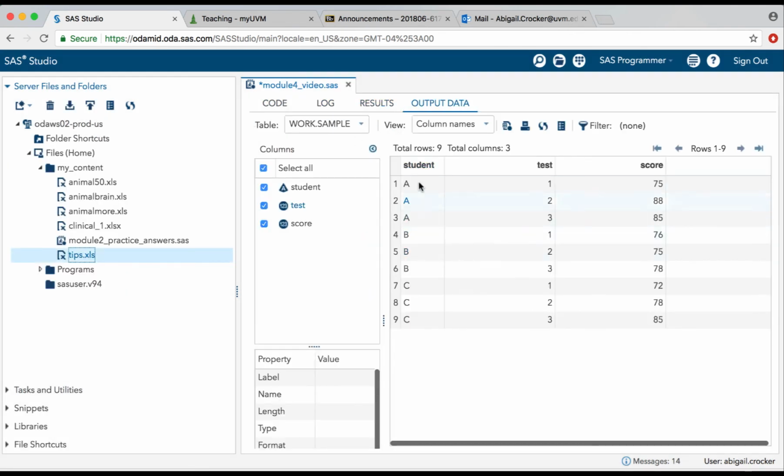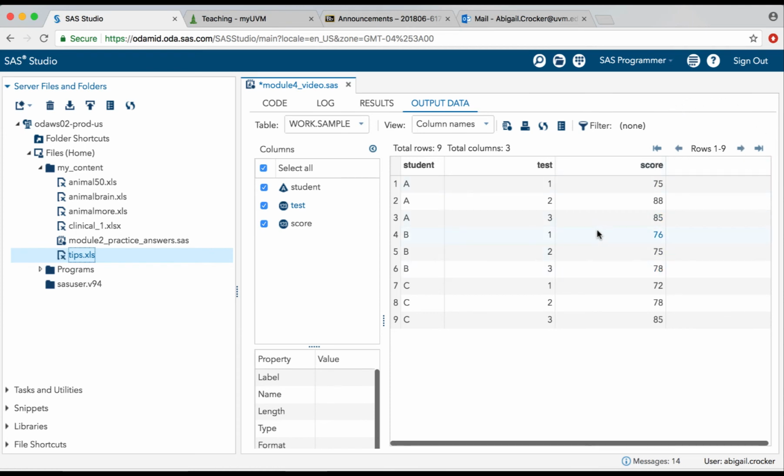Okay, so now you can see this is a data set stored in a long format. Each person is represented 3 times in this data set, and I can clearly see what their scores were. But it's a little tricky if I wanted to ask a question like, what was the difference between a student's score on test 3 versus test 1? I'd want to take this 85 and subtract 75, which I could do if I had the test scores stored in a wide format. There are ways I can do it stored in a long format, but it's not as intuitive. If I had score 1 here and score 3 here, I could create a change score just by taking score 3 minus score 1.